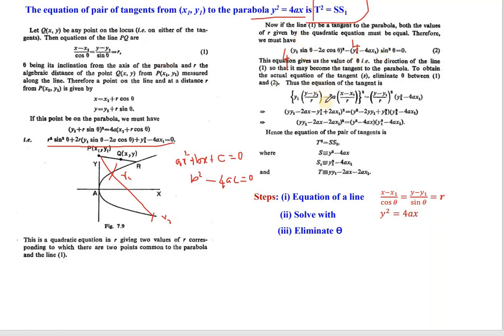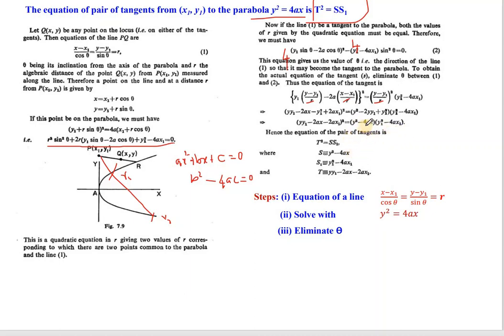But in our discussion, we don't want our theta over here. So we'll have to replace theta using equation 1. Replace sin theta by (y minus y1) by r, and replace cos theta by (x minus x1) by r. So when you do so, you get like this. In this you will have r square, so that will get cancelled, and if we simplify this patiently, then we will arrive at this to be of the form (yy1 minus 2ax minus 2ax1) the whole square is equal to (y square minus 4ax) into (y1 square minus 4ax1).